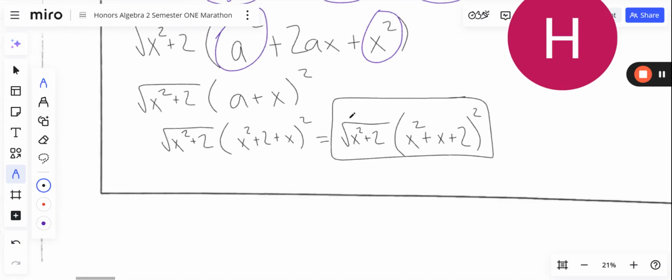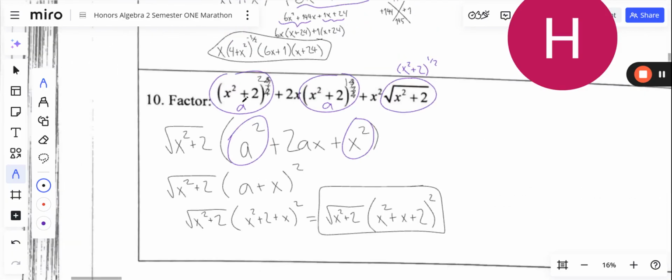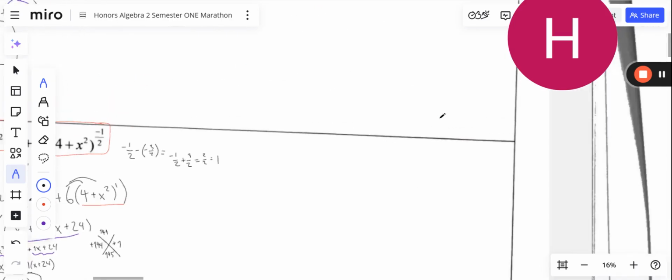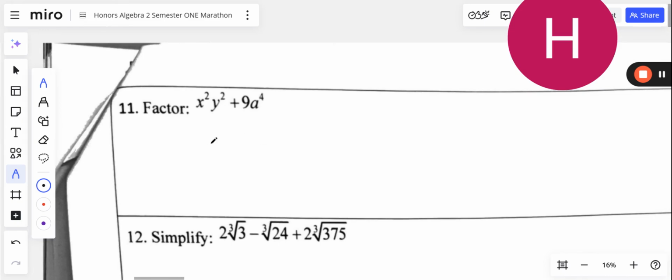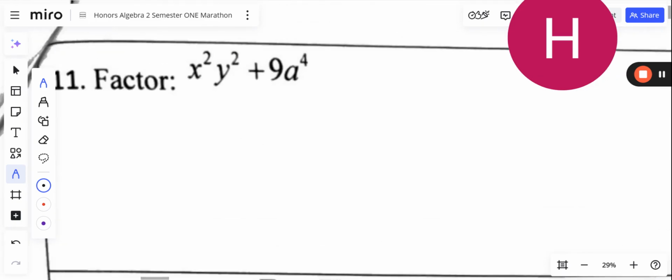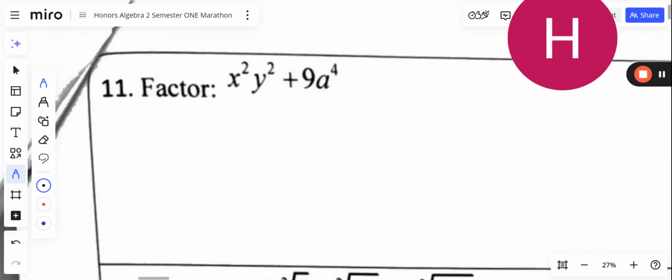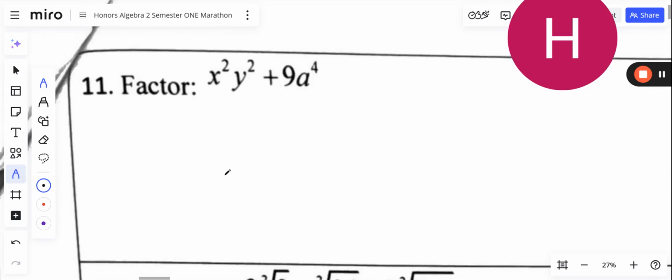Okay. So some tricky substitution is also valid in these cases where it's looking like a quadratic, but there's a little more flavor to it. All right, let's take a look at this. Factoring x squared y squared plus 9a to the 4th. Well, this gets a little bit tricky because here we do have perfect squares. This is just xy perfectly squared plus 3a squared perfectly squared. But there's not really a sum of squares